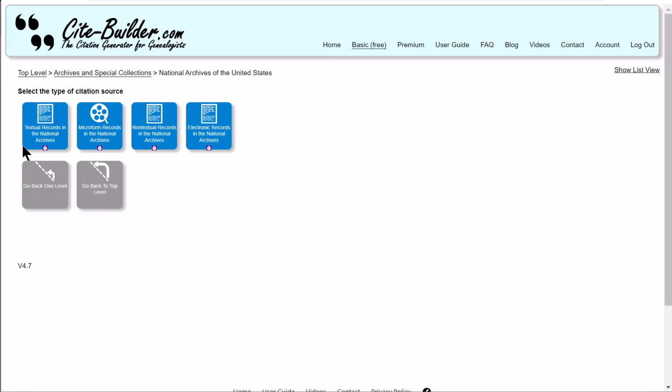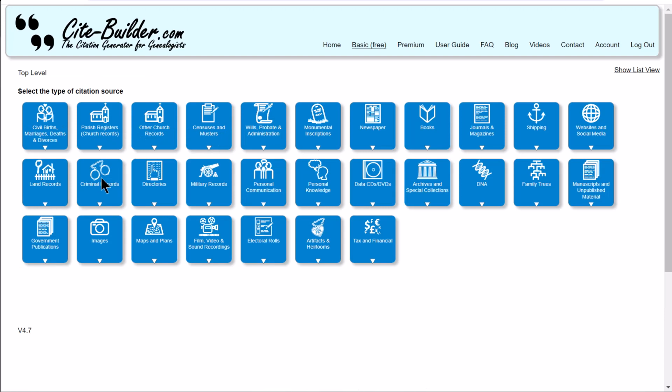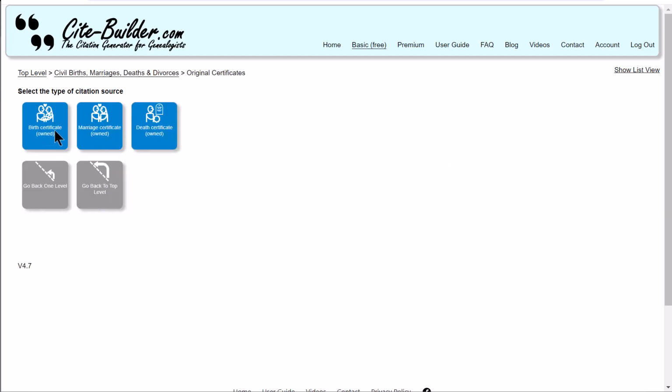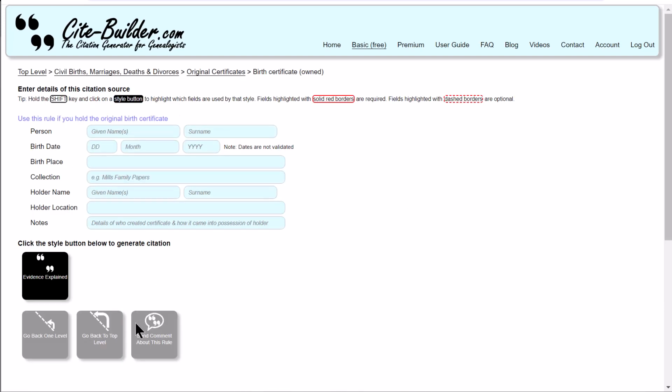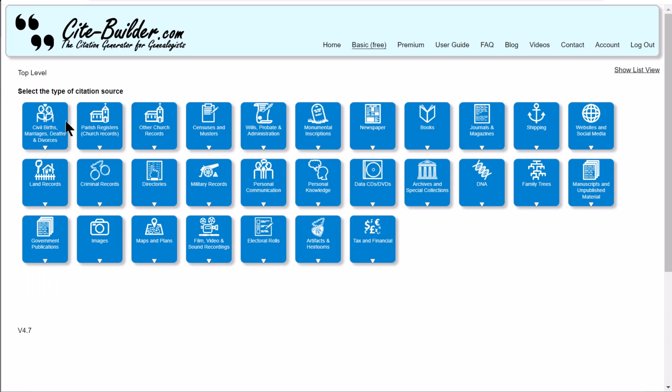You can see here, as a basic user, you don't have access to any of these, but you do have access to most of the more general vital record types and so on. So that's basic. You don't get personal templates, you don't get favorites, you don't get rule search. Premium,